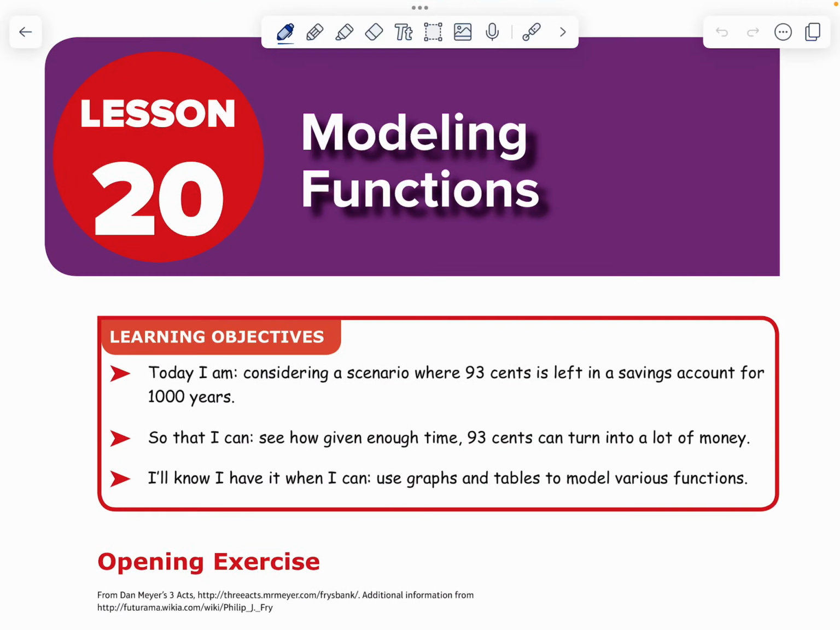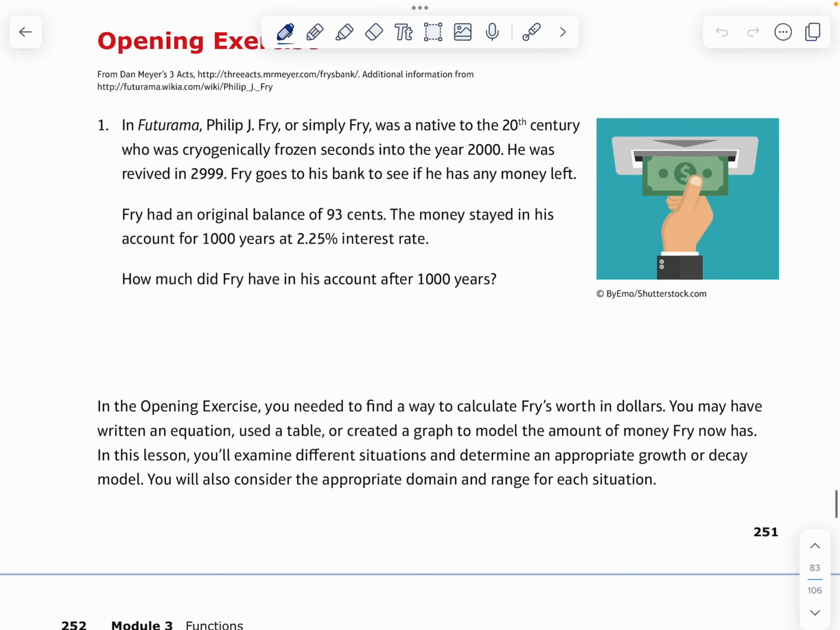All right, let's set up a function right here that describes that scenario. It's obviously going to be exponential growth. Normally our function is y equals or f of n. This one I might do f of t for time equals, and then we always start with our principal amount. The principal amount that Fry deposited was 93 cents, so 0.93. Then we're going to multiply that by